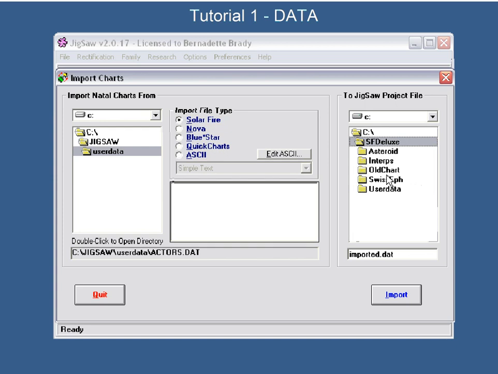Did you have a question? Yes, I've got WinStar. How would I get WinStar? Well, QuickCharts do WinStar. Is it? Does it? Right. Yeah, I think QuickCharts is WinStar. Yes. But if not, if there are